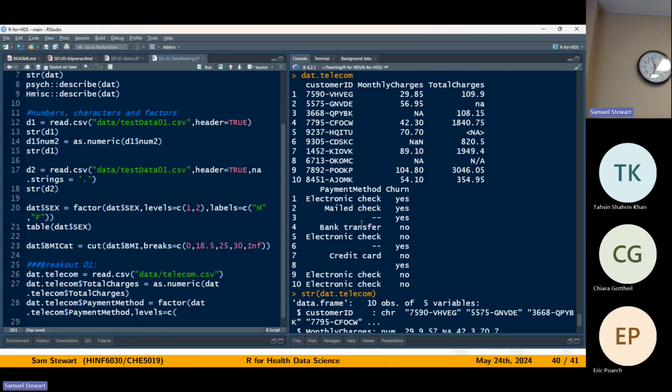So white space doesn't mean a lot in R. So in this example, I'm going to have one line per, we'll see this a lot more in the tidyverse section, but I'm going to have one line per